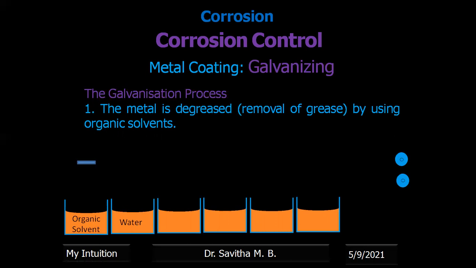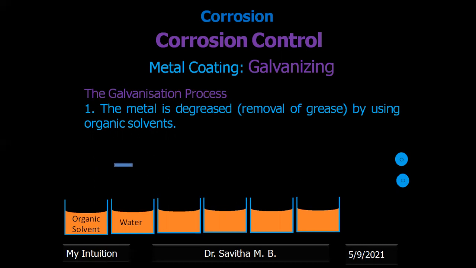For this we need to go through certain steps. The first one is to dip it in an organic solvent. When you dip it in organic solvent, the grease or oil will dissolve. So now you dip it in organic solvent, as shown here. After it is dipped in organic solvent, there will be organic solvent sticking on the iron block which you have to galvanize, right?